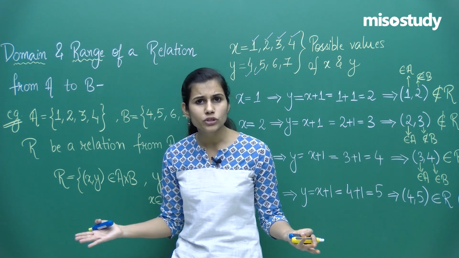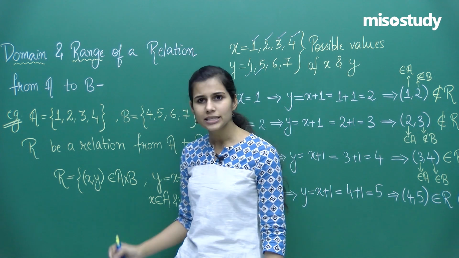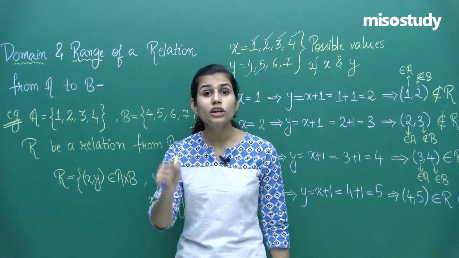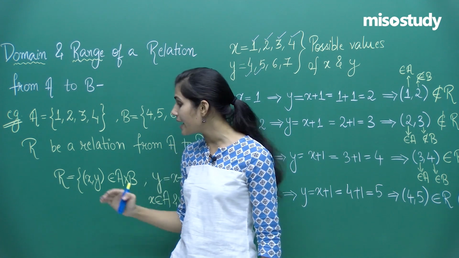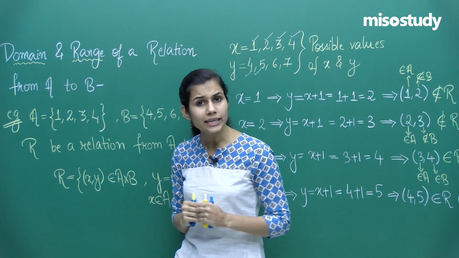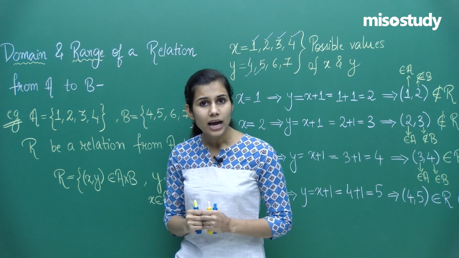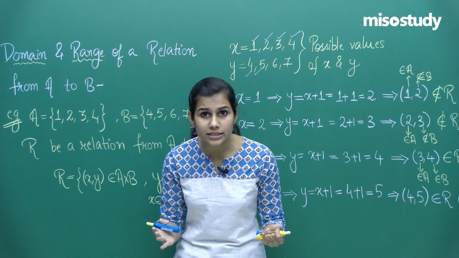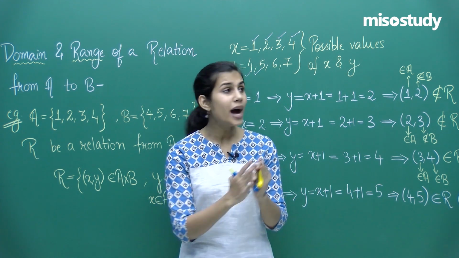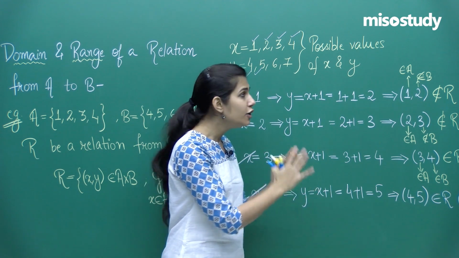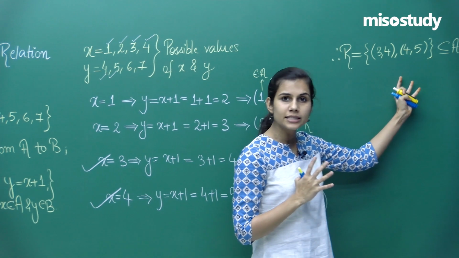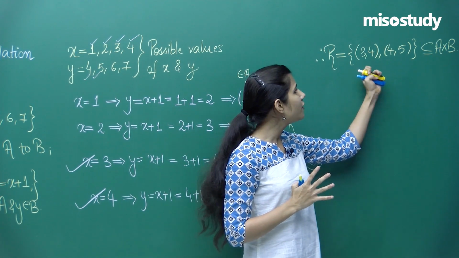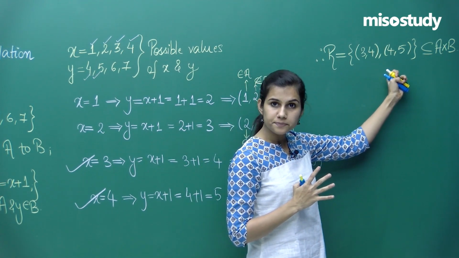I did not know which ordered pairs from A cross B are coming and sitting in R. I just knew the rule, the condition, the restriction placed on the ordered pairs which is going to make them land inside R from A cross B. I could not see the members explicitly, and therefore I had to do this procedure to actually be able to look at which ordered pairs come and sit inside R, which are (3, 4) and (4, 5).